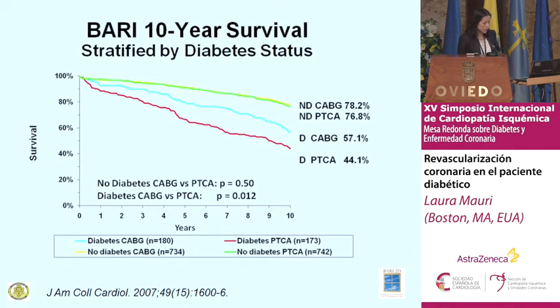And so if you look at the outcomes of patients at 10 years in the BARI study, you see a marked separation between bypass and angioplasty in terms of mortality. And it's remarkable that overall, the 10-year survival rate of patients enrolled in the trial was only 50%. Now, as I mentioned, this is a study that enrolled patients in the early 1990s, and a lot of things